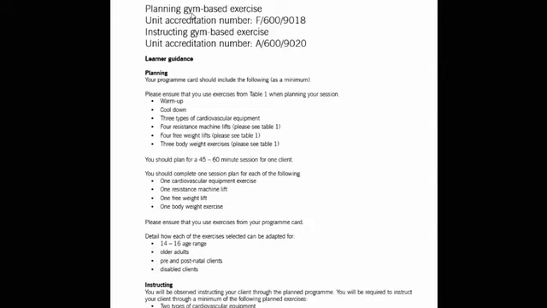And what we're doing now in our level 2 lab is we're looking at the fundamentals of planning, and we're going to look at how to plan a gym session to meet the needs of our client, who we identified back in unit 2 when we did the questionnaire of our client. That's who we're going to plan the session for.